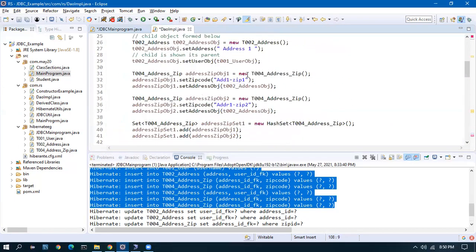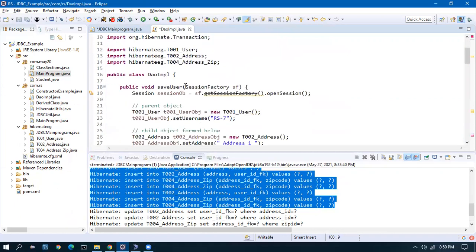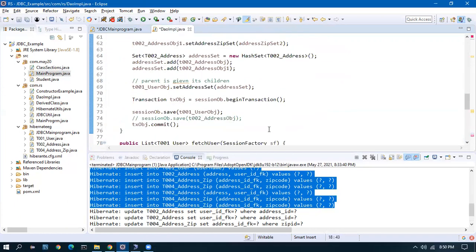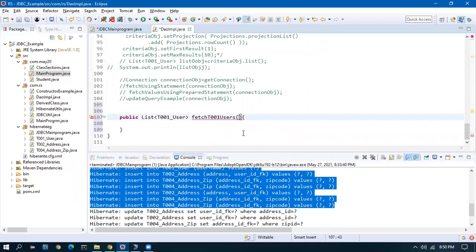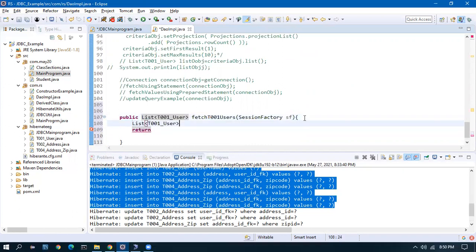I will get the session factory as an argument. So I have to return something. I'll create a dummy object equal to null and return the T001 user list.